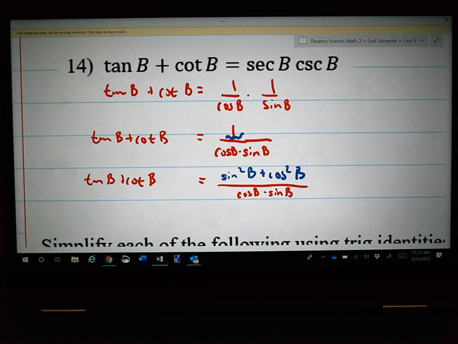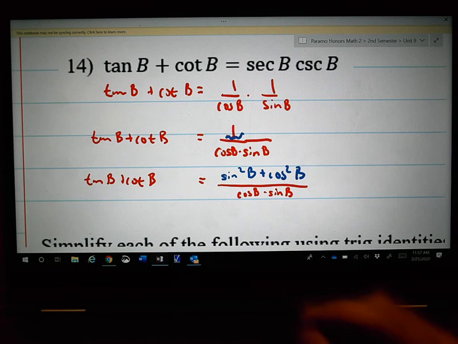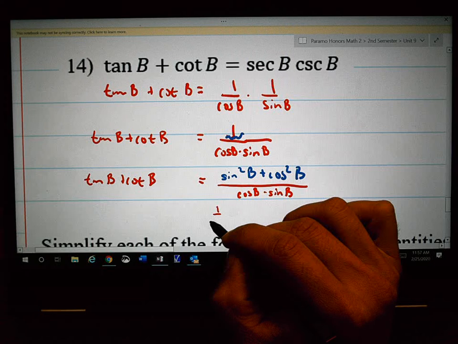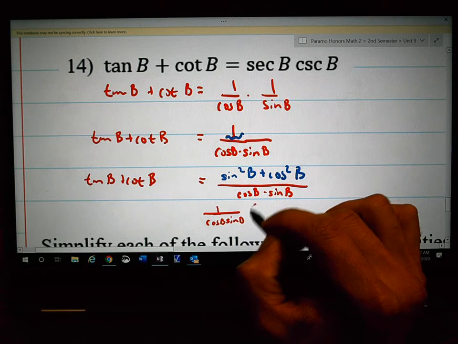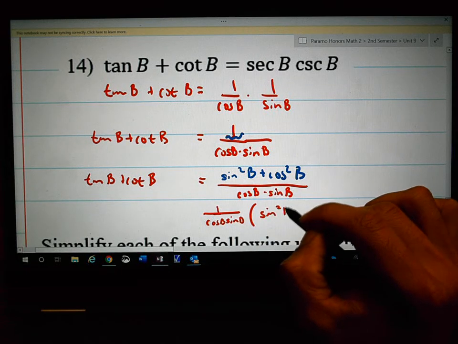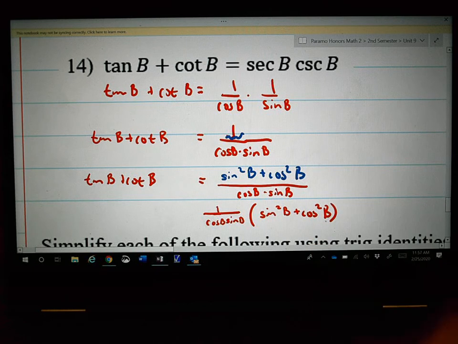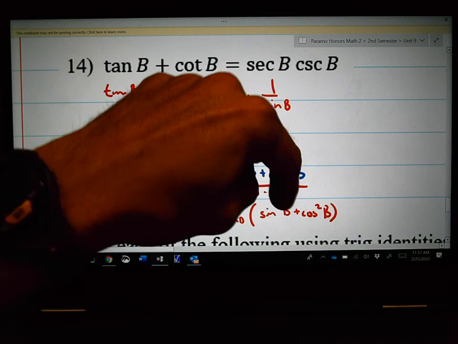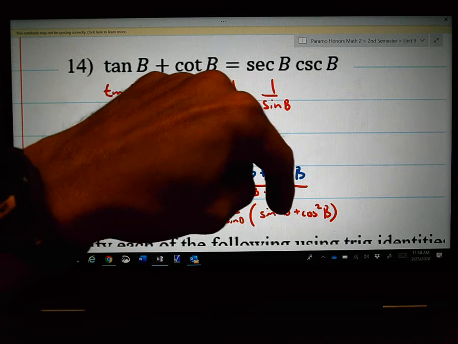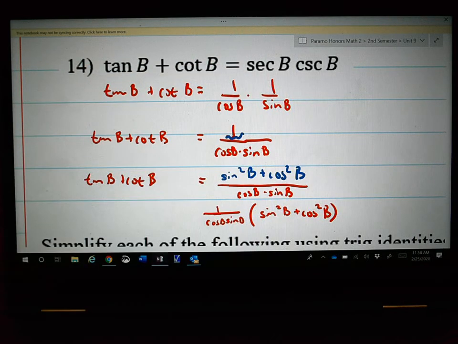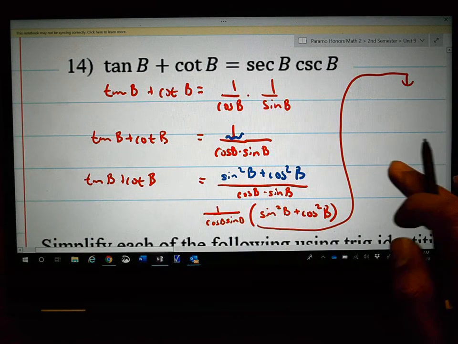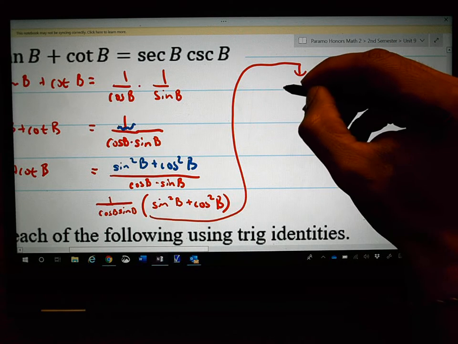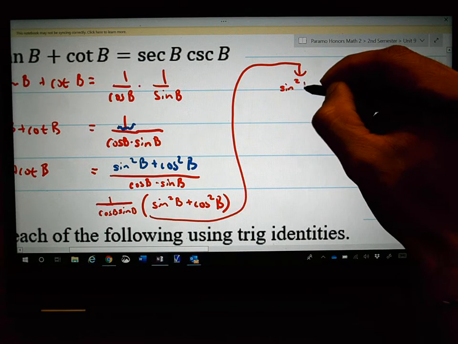So now what I'm going to do is the same thing I did earlier. 1 over cosine of b times sine of b is multiplying sine squared of b plus cosine squared of b. Isn't that what that's doing? So I could then multiply this to that and have it on top, and then I could do the same thing over there, and then there'd be a plus sign in between. That might get me closer to what I'm going for. Okay, so now I'm going to take this and go up over here. Sine squared of b over